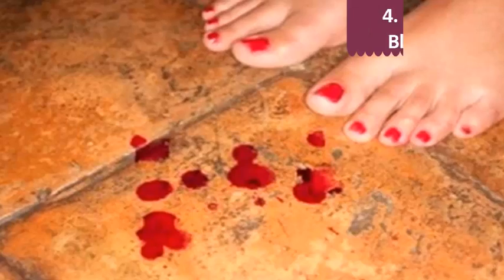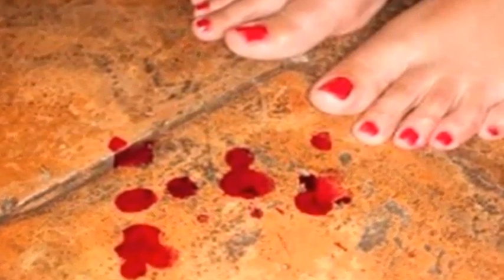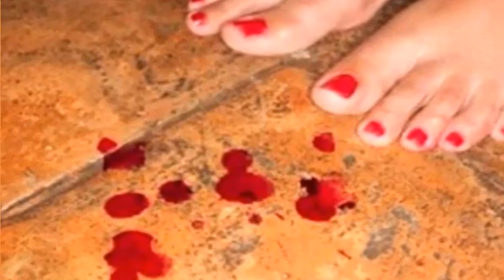4. Vaginal bleeding. Ongoing bleeding that is sometimes red or brown, black and watery should be investigated. The bleeding may be heavier or lighter than usual. When seeking medical attention,